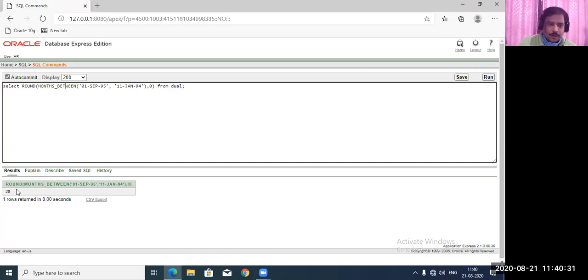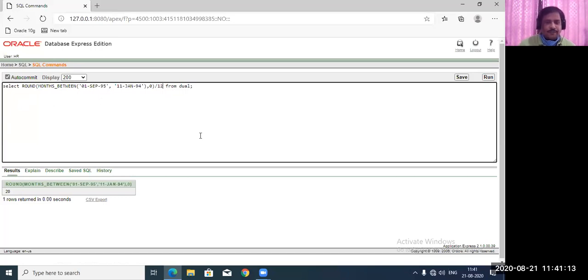Suppose this is months, but we don't want months. Normally, in Indian culture, we refer to experience in years. Some Western education systems use the number of months, meaning how many months you have worked in this particular organization. At that time we have to calculate the number of months. If you want to find the number of months directly, you can use MONTHS_BETWEEN. If you want years, you have to convert months into years, so you only have to perform some arithmetic: divide by 12.